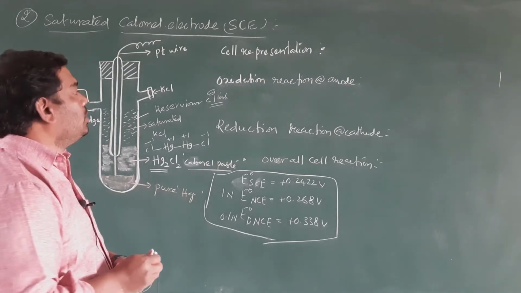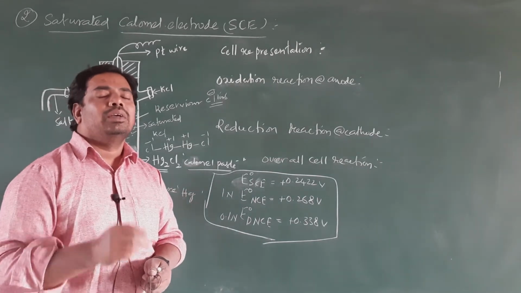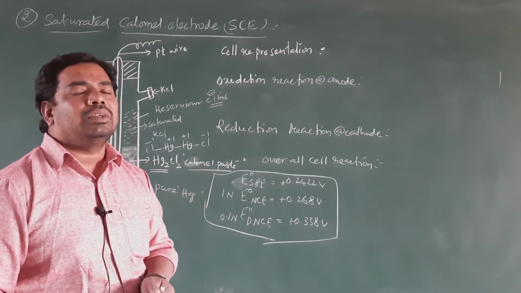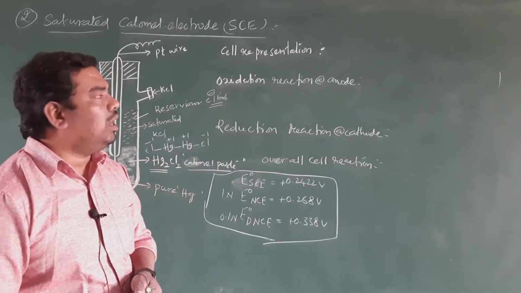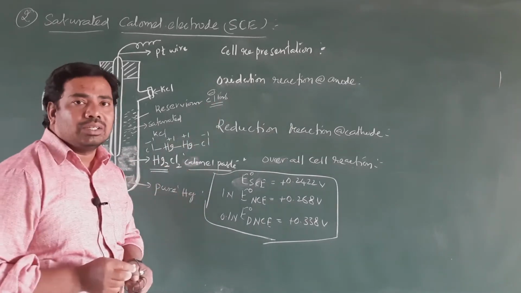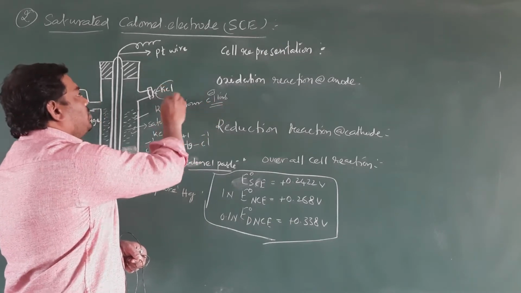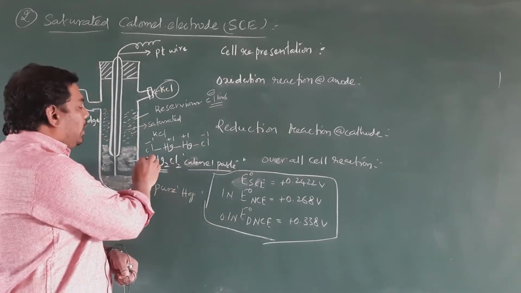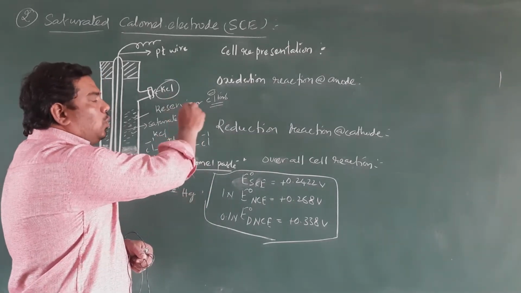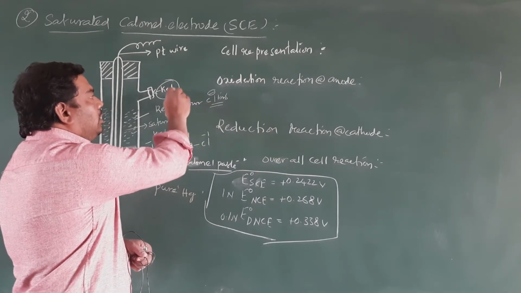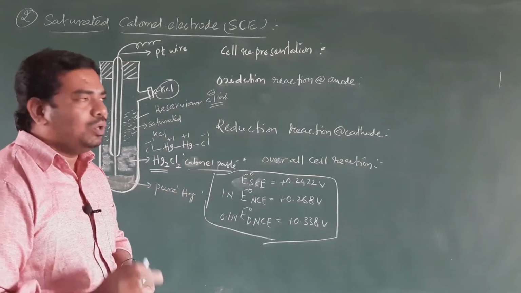How we call it a reservoir of chloride ions, we will discuss. Okay, right? So please remember, students, the determination of the electrode potential of the calomel electrode depends on the concentration of chloride ion only. The chloride ion of saturated KCl only, not the chloride ion of mercurous chloride. So the electrode potential depends on the concentration of Cl minus ions of the potassium chloride solution only. Okay, right?